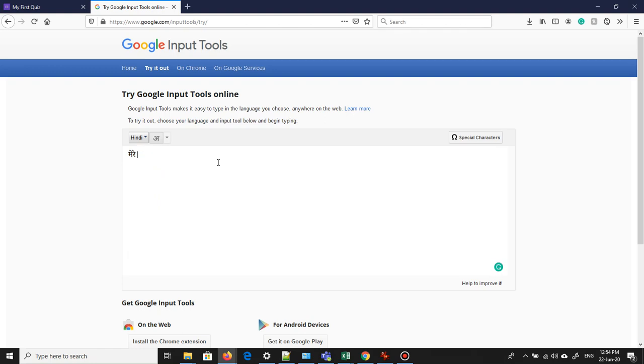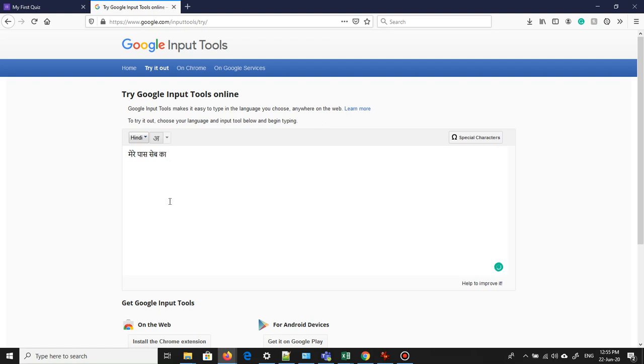Now I want to write pass, which is fine. I want to write save. I don't want sub, but it has actually selected sub. I want save, which is the number 3 option. So I need to go to option number 3 and click on it, and save will be selected. Press the space bar if number 1 is the one you want, or you can click on any of those options. If you find that you cannot get any of the options, then you need to tweak your word in English a little bit here and there to create the correct word.